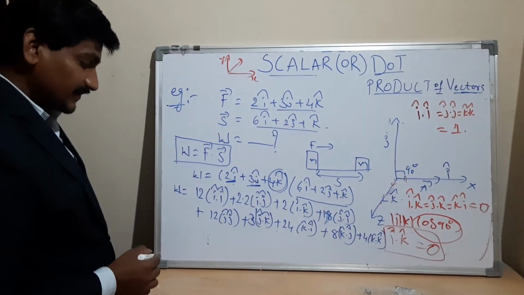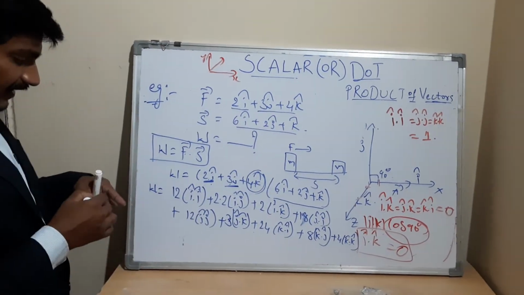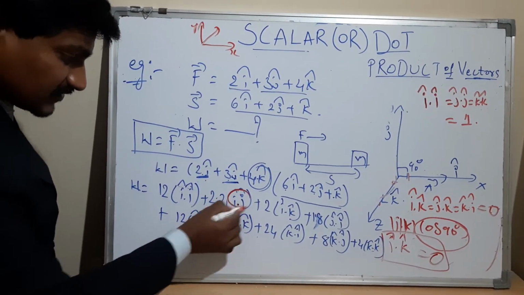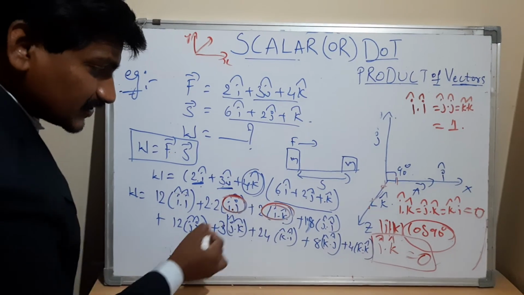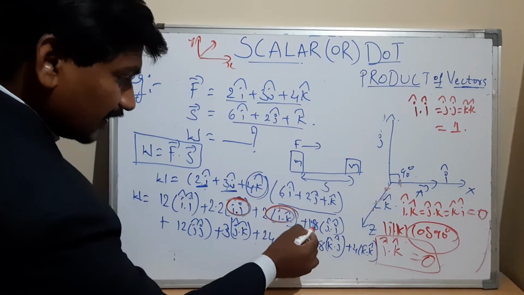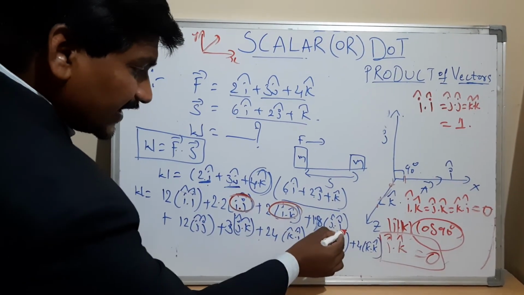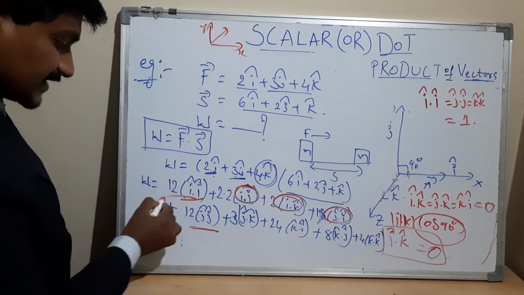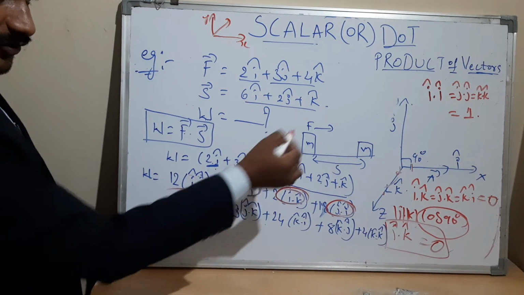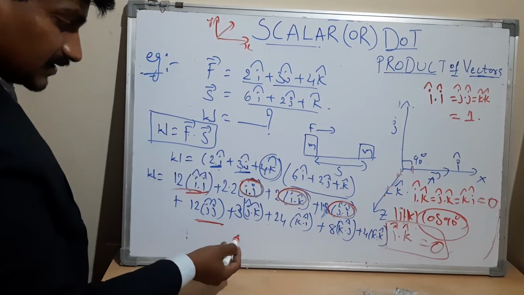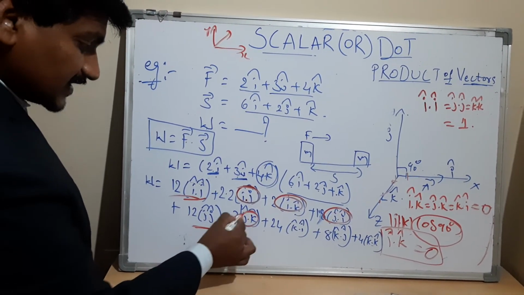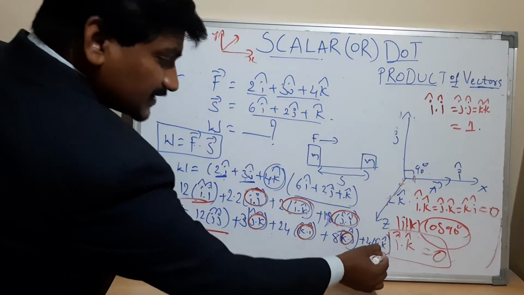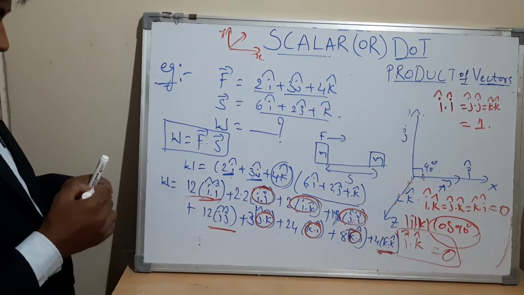In this case, simply I can make them 0. The i dot j vectors, whatever is there, is 0, and 18 into j dot i is 0. This is required because when they are in the same direction, it will produce the maximum product, the scalar product. This gives a 0, this gives a 0, this also gives a 0, and the same-direction terms produce the maximum product.